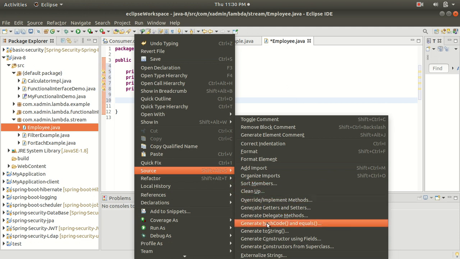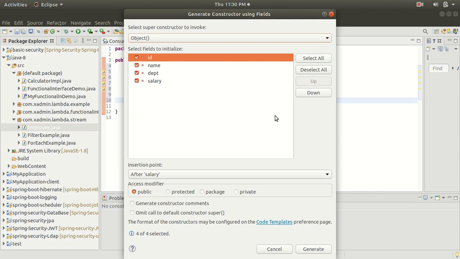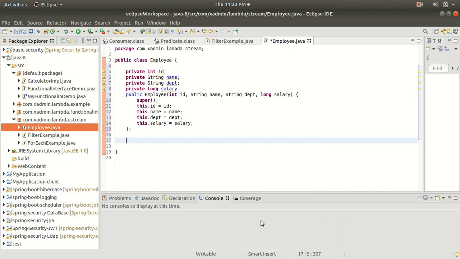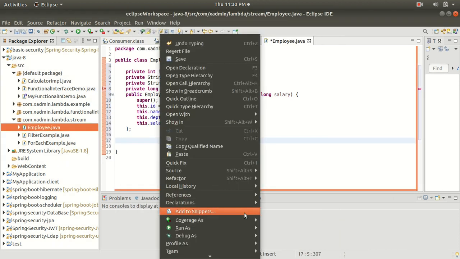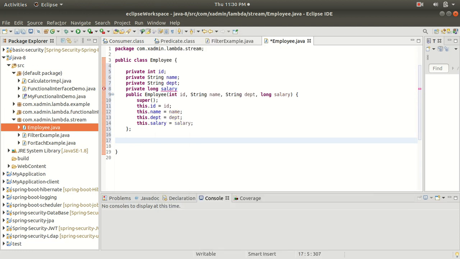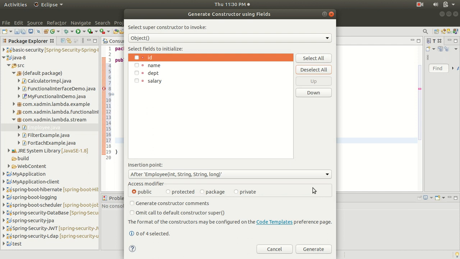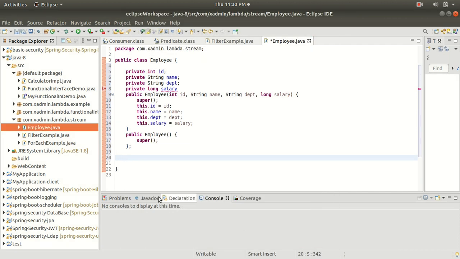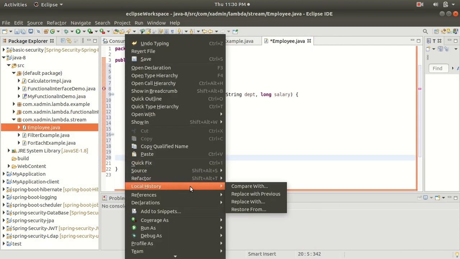So let's add the constructor. Let's add a default constructor. Deselect all, generate. Now we will add the getter and the setter methods.